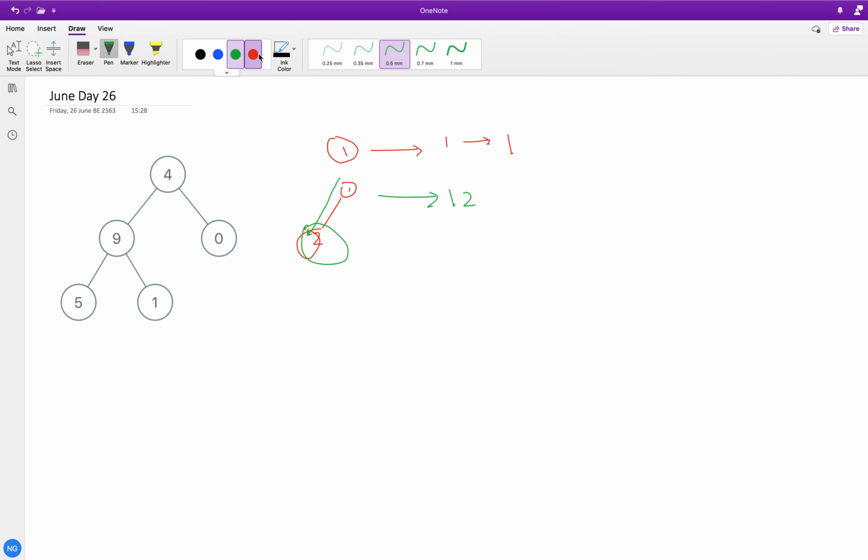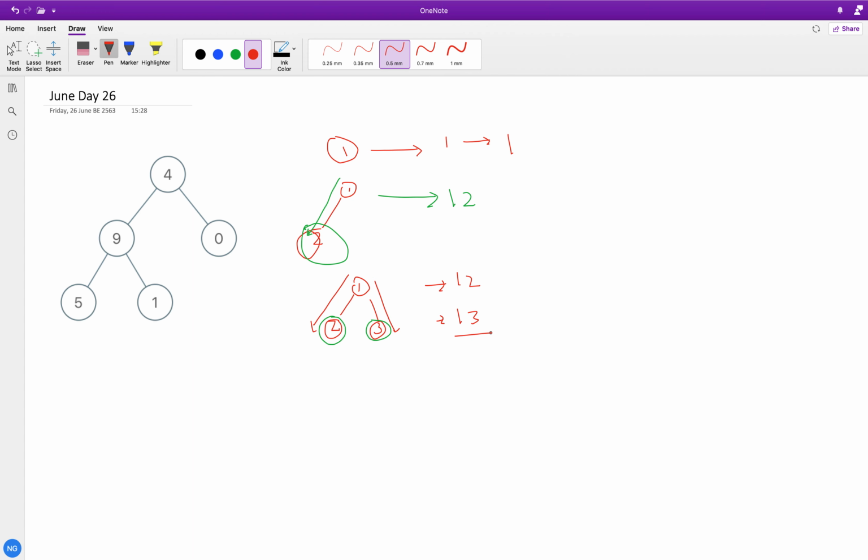Let's add another node based on example 1, giving us 2 and then 3. This tree has two leaf nodes, 2 and 3. From the root there are two paths to leaves, so we can form two numbers: 12 and 13.